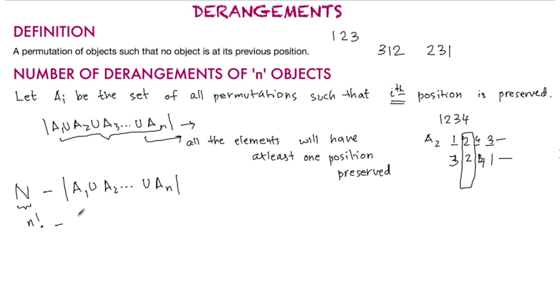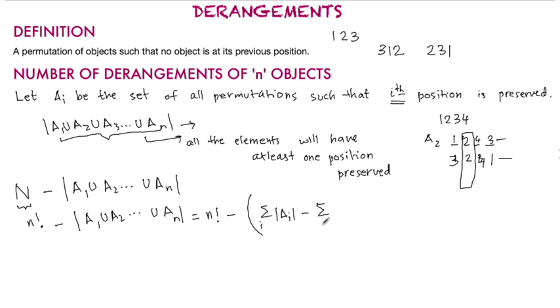So we say n factorial minus A1 union A2 union An. Now for this we use the formula from the inclusion and exclusion principle. So this is equal to n factorial minus, and now this is a big bracket here, the sum over i of Ai